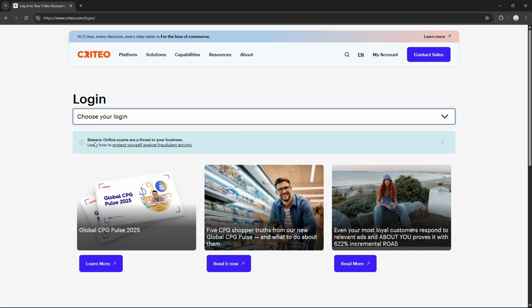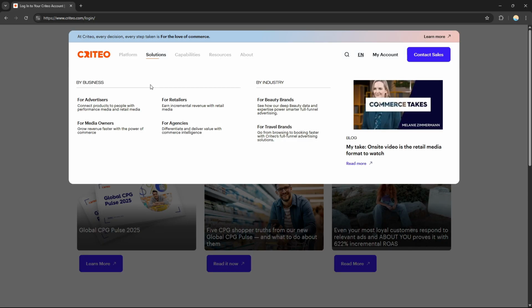For example, if you are planning to grow your commerce, you can do this. And if you want your commerce to be monetized, you can choose this one. And after you create your account, you can log in to your Criteo One tag pixel